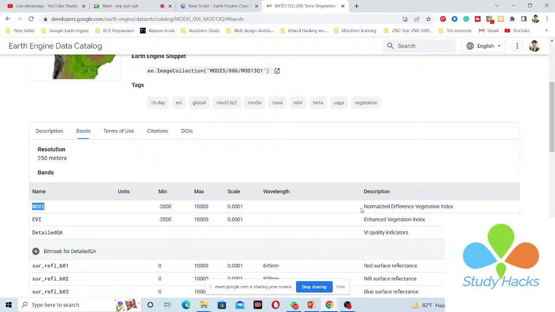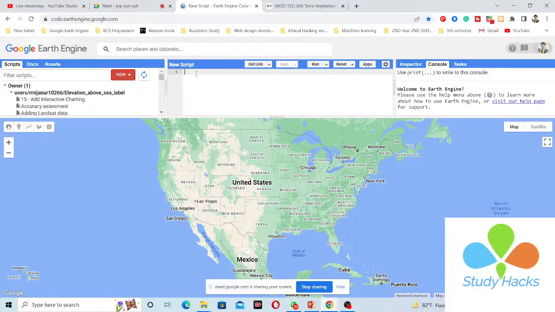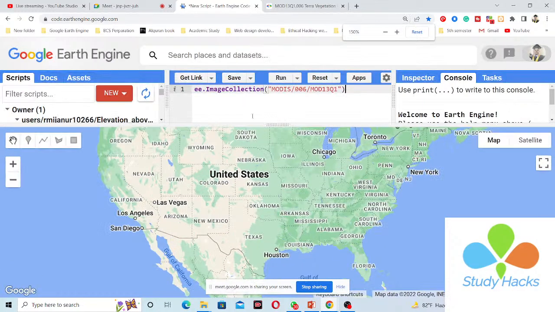What is the NDVI? This is the normalized difference vegetation index. Mainly the NDVI identifies vegetation in a particular region. Also you can see the EVI, which is the enhanced vegetation index. So I want to work with this dataset. First of all you need to import this dataset in your code editor. You can simply copy this unique ID and just paste it in your code editor. Okay, so after this I simply put